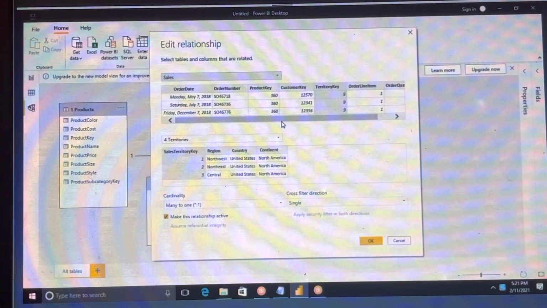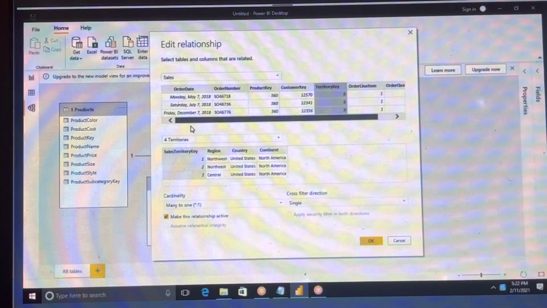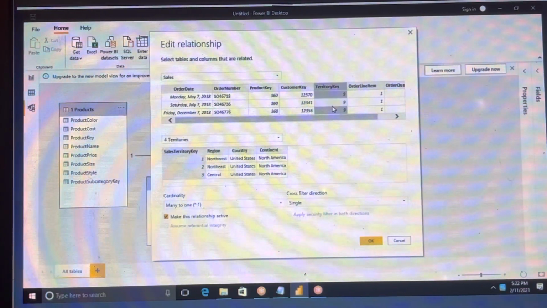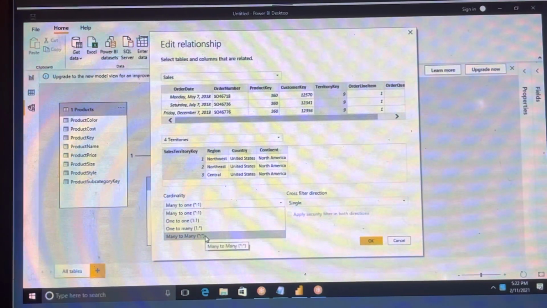Territory key is highlighted in this table, and here also it was highlighted. Now here cardinality is there, right? We have many to one, one to one, one to many, and many to many. When we talk about SQL Server, we are aware of these.